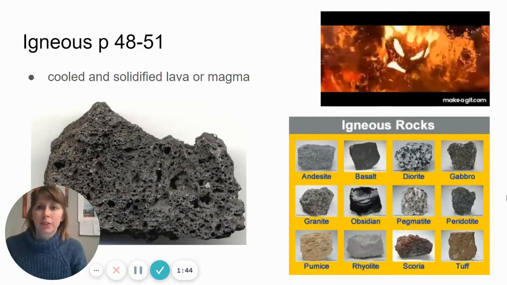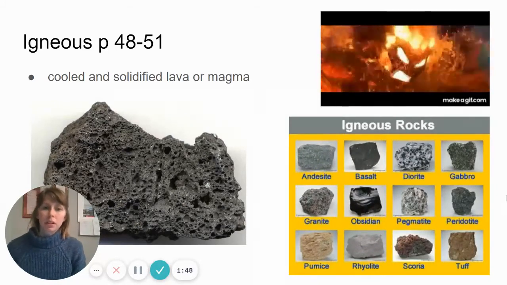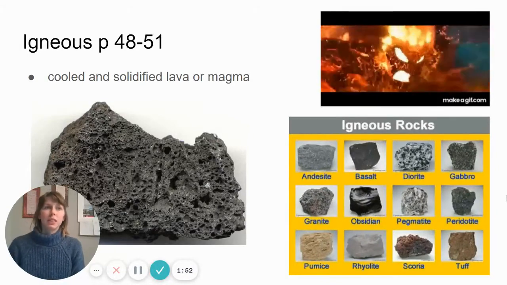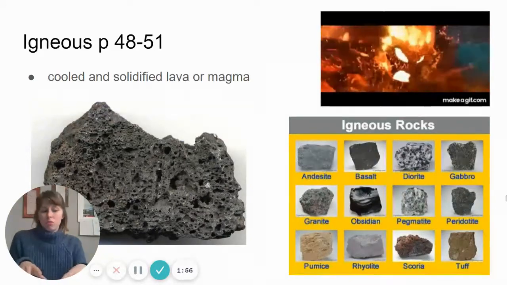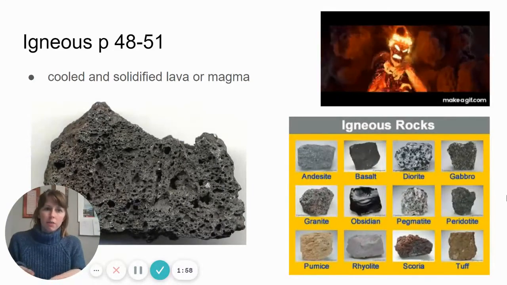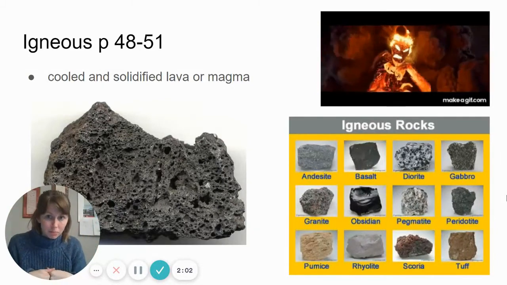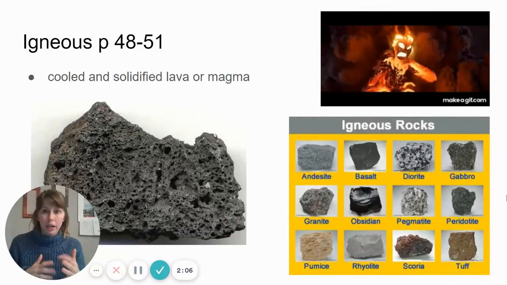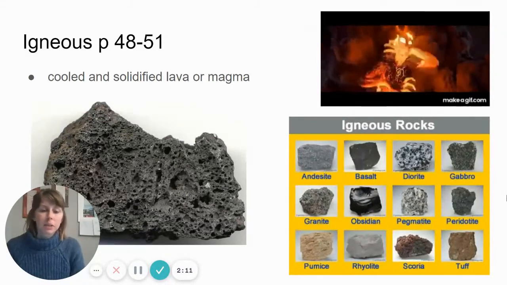Igneous rocks, these are pages 48 to 51. Cooled and solidified lava or magma. Magma is molten rock, and that's underneath the surface of the earth, and then when it comes out and it's molten rock, that's lava. So when it cools, whether it's under the surface or above the surface from a volcano, that would make igneous rock. And so these are some different types of igneous rocks: